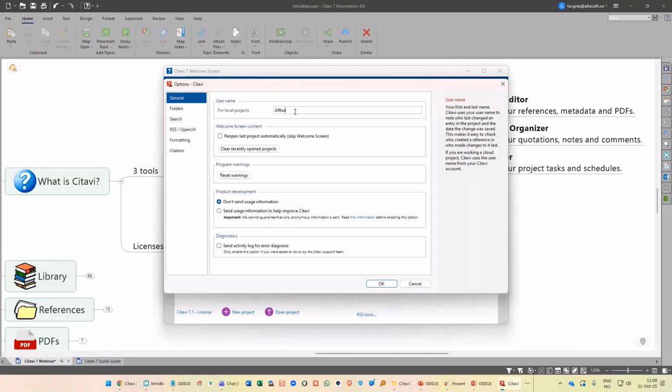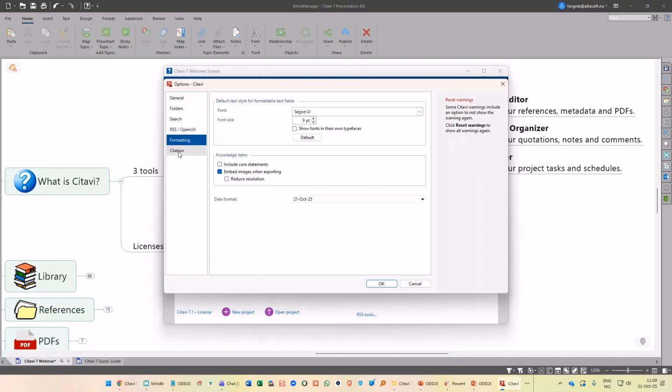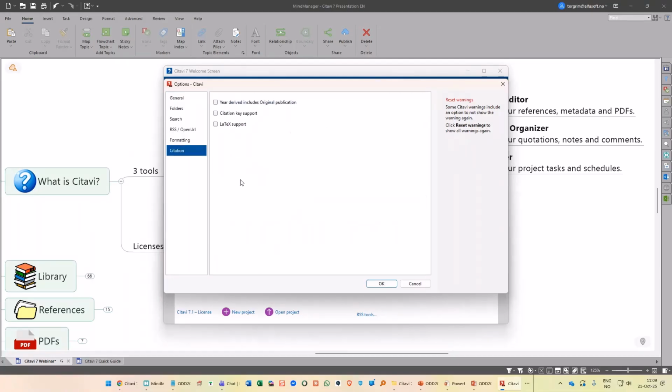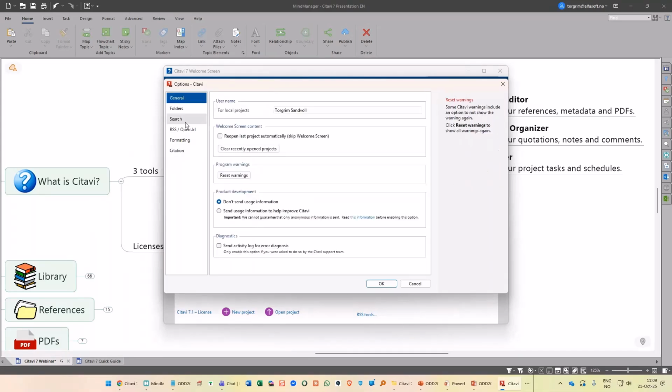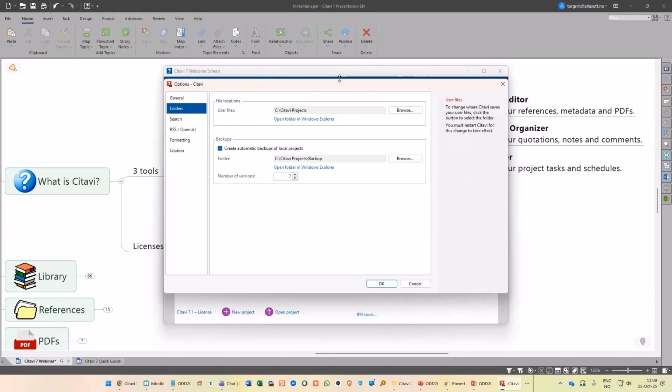So for instance, here, I will set my name. For some reason, it was my computer name. Yeah, and you have lots of options here. Most of them are self-explanatory. For instance, if you use LaTeX, you can choose it here. The most important here is if